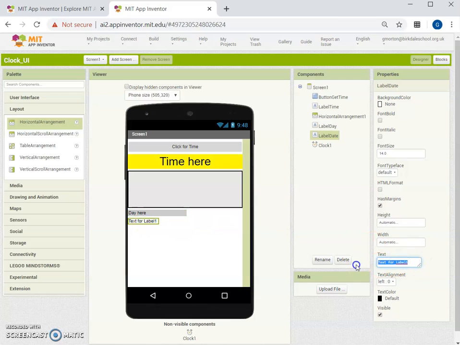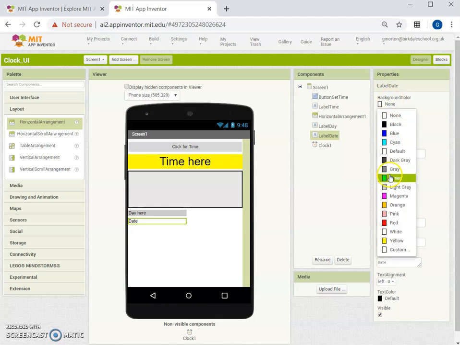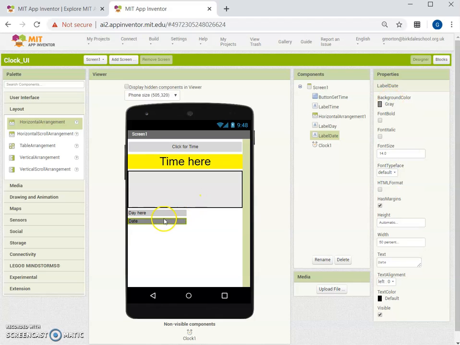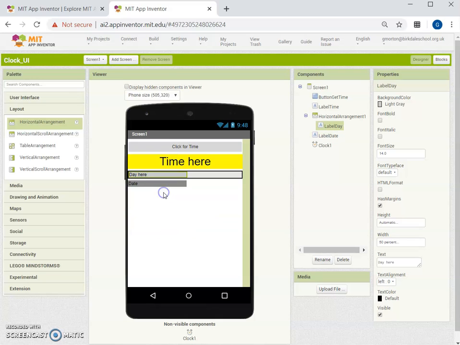This here is the date. And again, I'm going to give that a width of 50%. Background color grey. And drop it into, if I drop them 1 and 2 side by side, then we have a better view here. Finally,